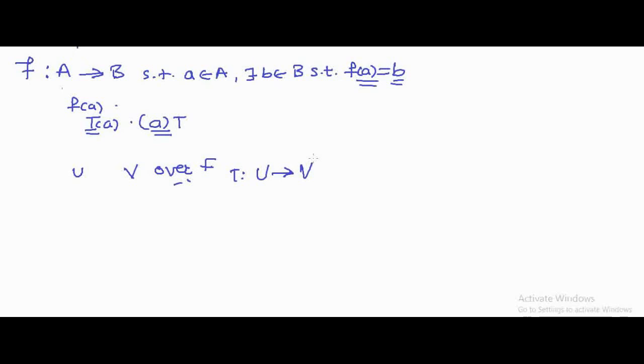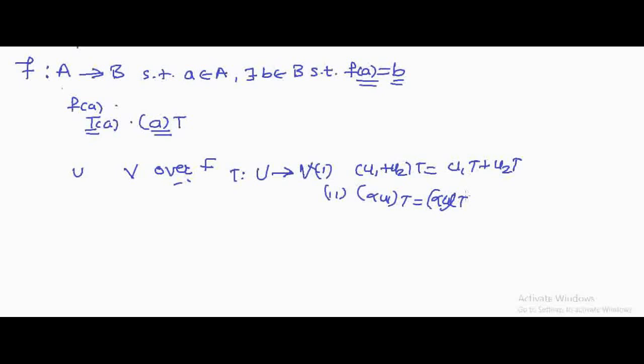is said to be a homomorphism if the first condition of homomorphism is that T of u1 plus u2 equals T of u1 plus T of u2, and the second condition of homomorphism is that T of alpha u1 equals alpha times T of u1. So if a mapping from vector space U into V satisfies these two conditions, then it is called